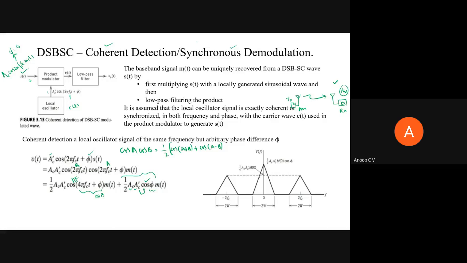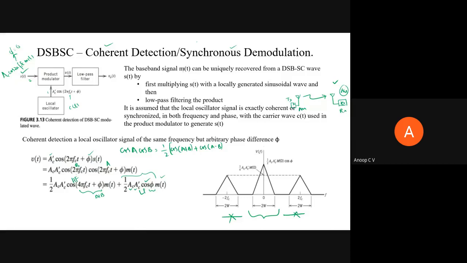We have these things, but in demodulation we need to get back only the message signal. Only this part we need, or only from 0 to W we need. We don't want the remaining parts; these parts are not required. So what I can do is pass it through a low pass filter. From v of t, to get only this m of t part, of course weighted with some constants, I should pass it through a low pass filter.